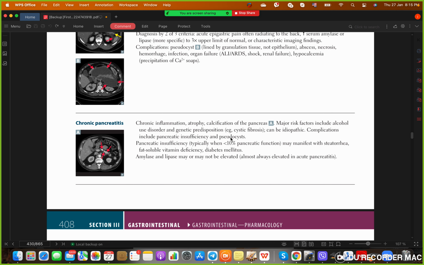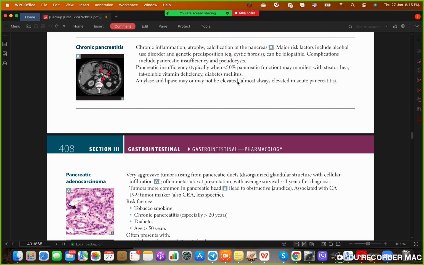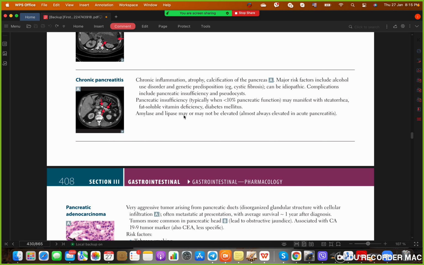So, pseudocyst, remember, we call it pseudocyst because it has granulation tissue, not epithelial tissue. Pancreatic insufficiency typically occurs when there is less than 10% pancreatic function. So guys, in case of chronic pancreatitis, it's not like boom, you are dead. It's not acute pancreatitis. In case of chronic pancreatitis, it slowly loses its function. It takes so many years to lose all of its function. So when it becomes less than 10% function, you will start to have serious symptoms like steatorrhea, fat-soluble vitamin deficiency,